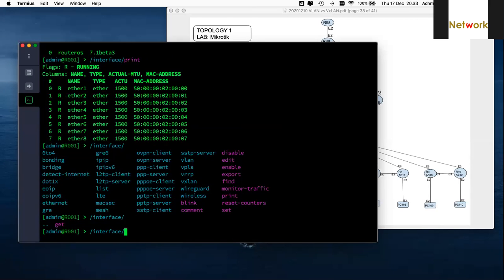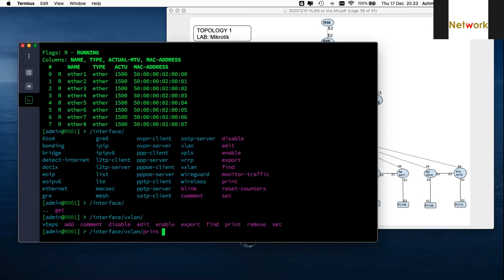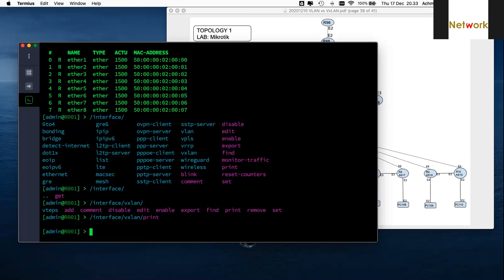But if you do tab, you can see there is a new interface here named VxLAN. You can see VxLAN and then print and nothing happened.